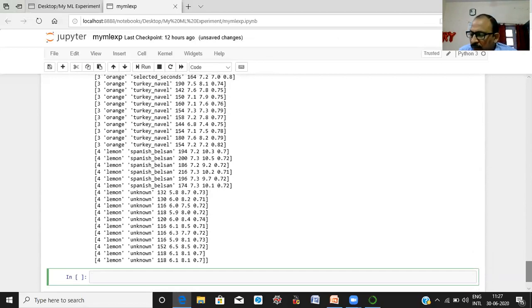Okay. Next, suppose you want to sort your data set on a specific column. Let us see how you will do it. Here we are interested to arrange our data set on a specific column.